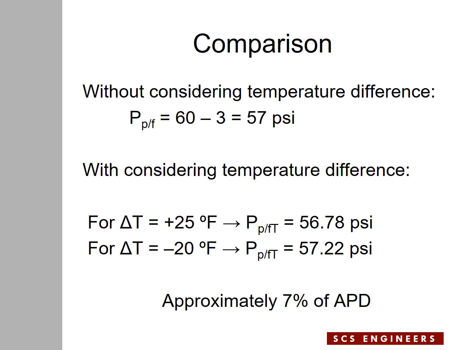The first line represents the example 1 results, where the temperature change was a positive value and the pass-fail pressure considering temperature was 56.78, less than the 57 value at the top of the slide. For example 2, delta temperature was a negative number and the pass-fail pressure considering temperature was 57.22 psi, which is higher than 57 psi. So it depends on which direction the temperature change is, positive or negative, the pass-fail pressure